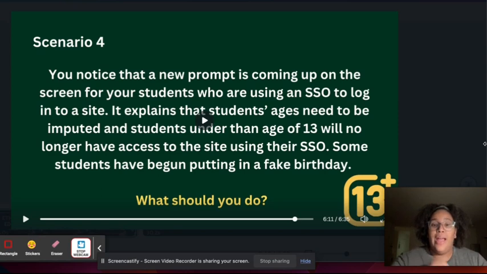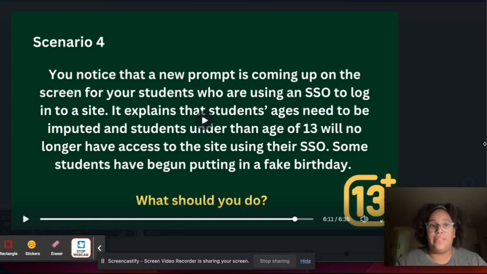Now, as a teacher, what we need to do is be mindful that this is occurring and explain to the students why this is not the correct thing to do. A lot of their information when they're doing that is out there and it can be found in many different ways, and that is the biggest reason why we shouldn't do that. Instead of using those websites, there are a ton of other websites that we can use in place of the one that we were already using.